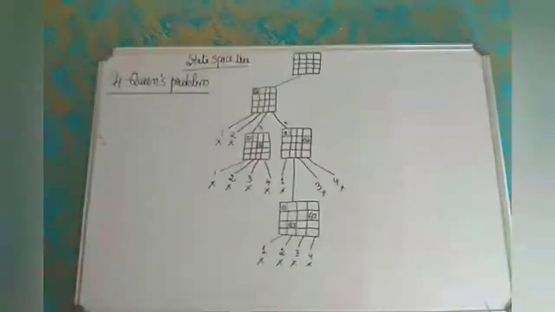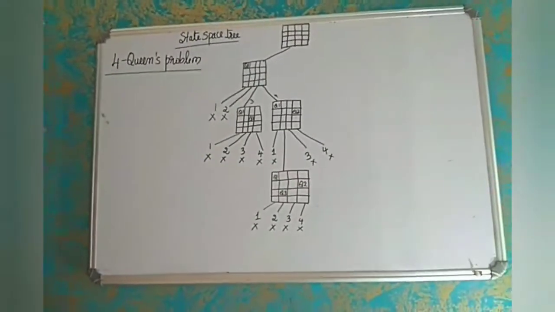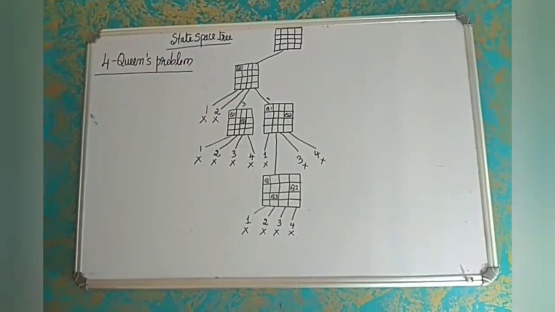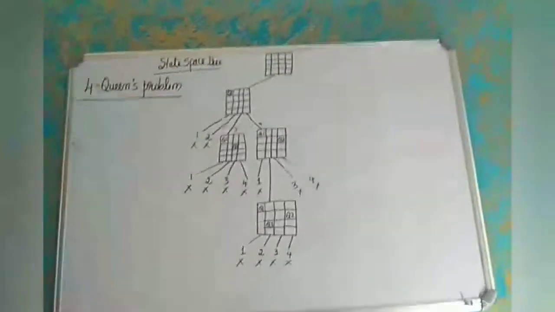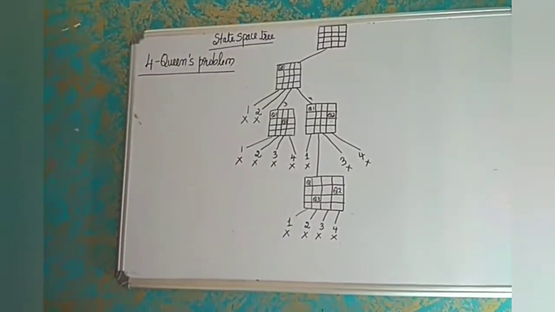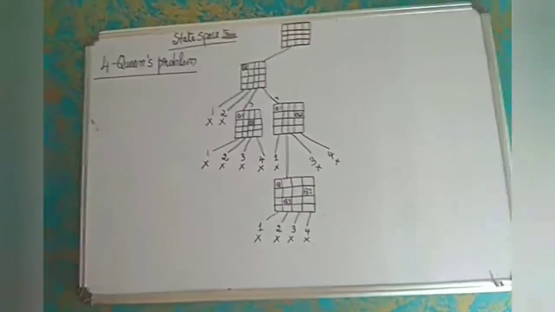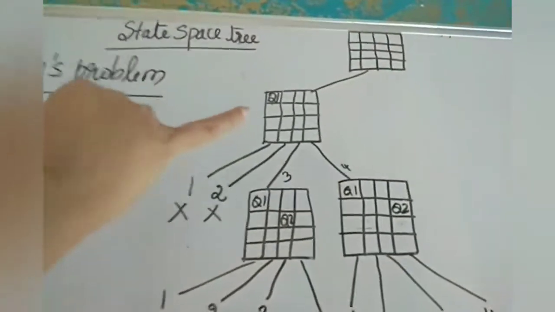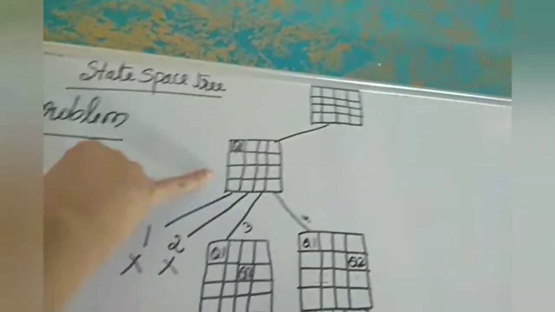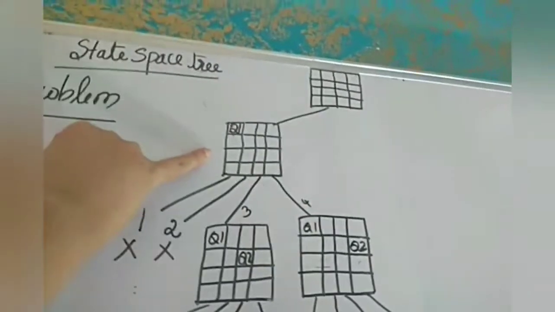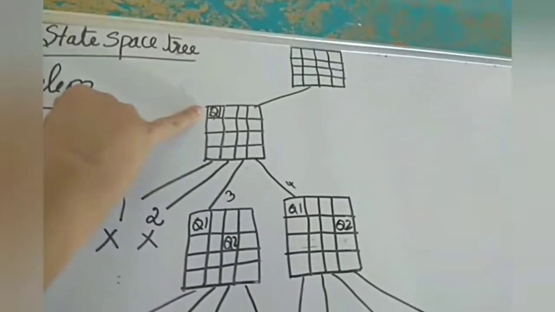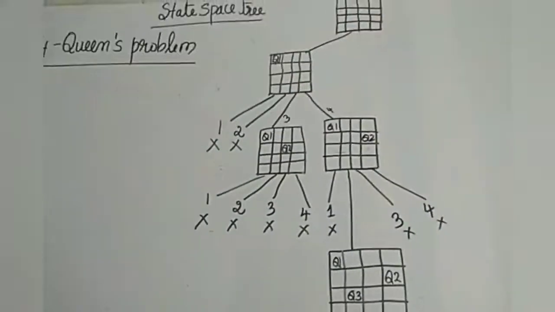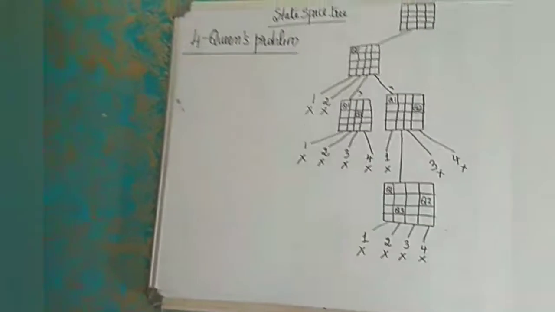Now let us start from the first option. We are going to place the queen q1 in the first column. What happens if we place q1 in the first column? The row is anyway the first row for q1. So now we are selecting the first column, and that is the first child of this root, wherein q1 is at the first column. Next we'll expand this tree.